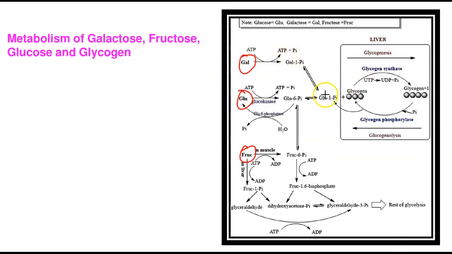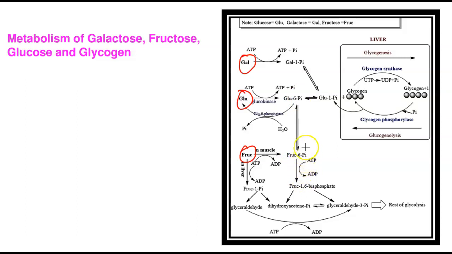From galactose, you go to galactose 1-phosphate through isomerization. Nothing is happening. From galactose, you get to glucose 6-phosphate. This is isomerization. From glucose 6-phosphate now, don't you think this continues with glycolysis? Glucose 6-phosphate here simply means you're almost going to your glycolysis, because glucose 6-phosphate is isomerized to fructose 6-phosphate. So this is your glycolysis.